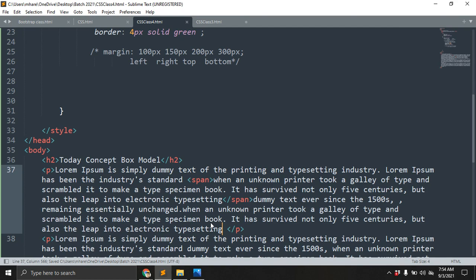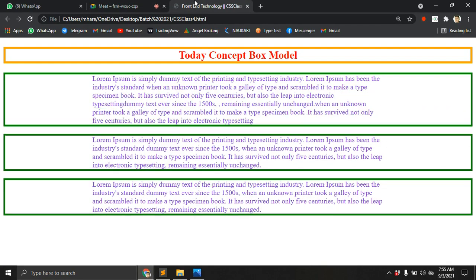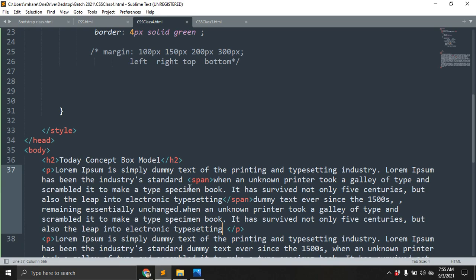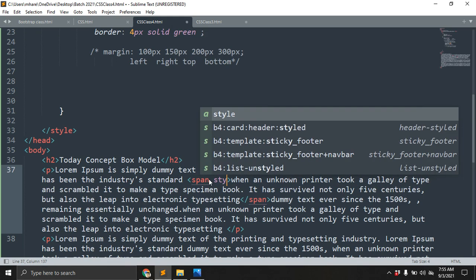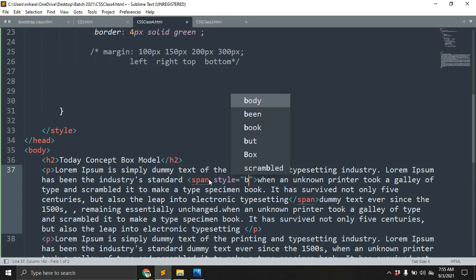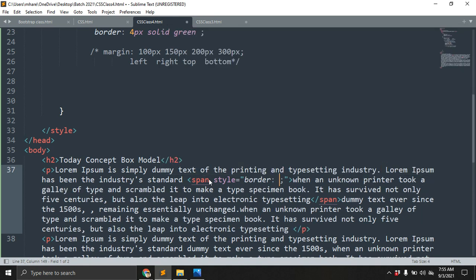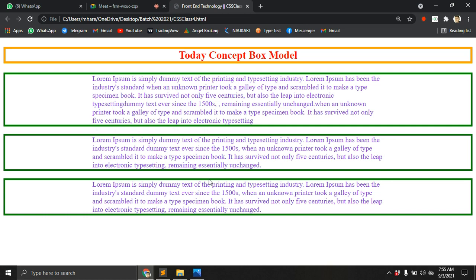Let's save, open the browser, refresh. I'm explaining it there. Nothing shows here; the span is plain. Now I want to declare a style, which is an inline style. I want to give it a border, like 2 pixels. Let's save, open the browser, refresh.